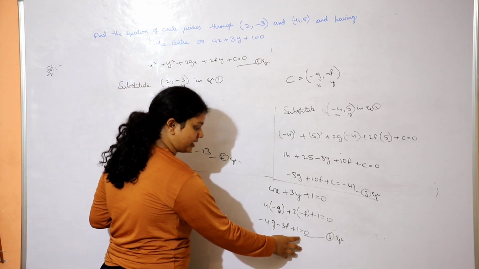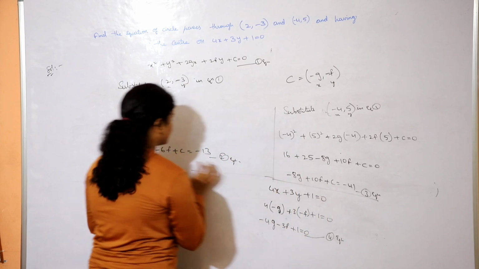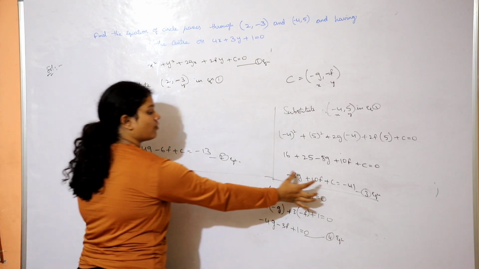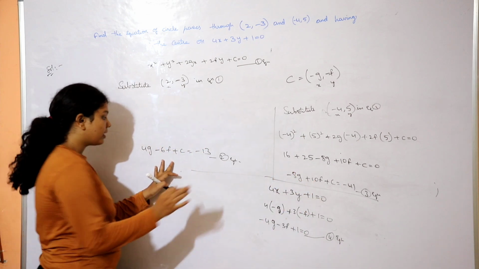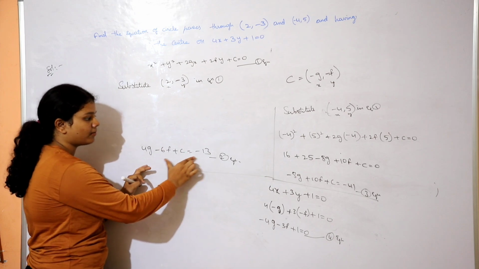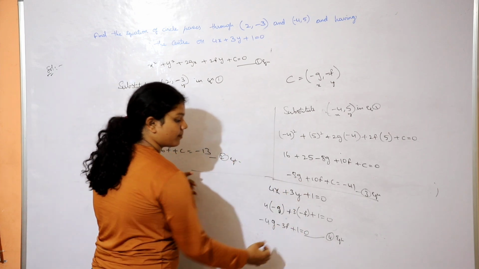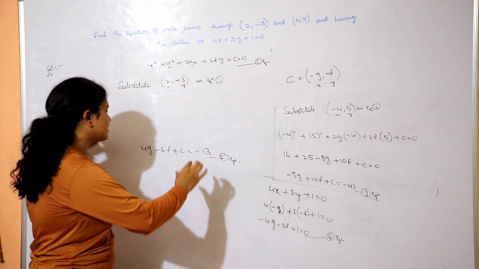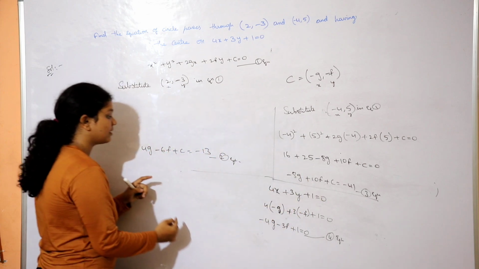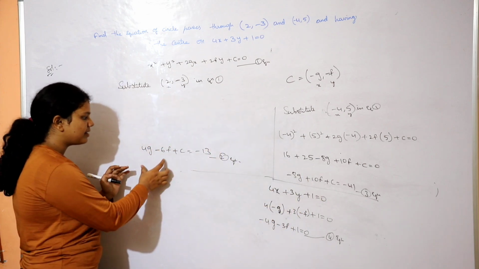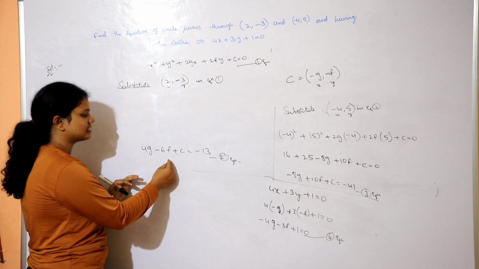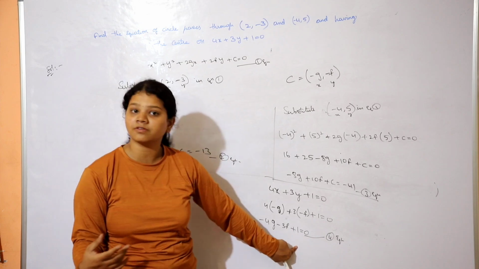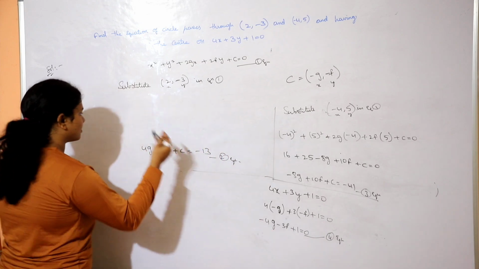This is a constant. Are you getting it? You are having a variable c. Remember, you can easily eliminate c, and you can bring equation 2 and equation 3 into this form. You will be getting only one whole new equation which you can easily solve. Let's say I solve equation number 2 and equation number 3, c gets eliminated, and I will be getting 4g minus 6f plus 13 is equal to 0. This is an equation in the form of the fourth equation. Let me just do the process and you will easily get it.